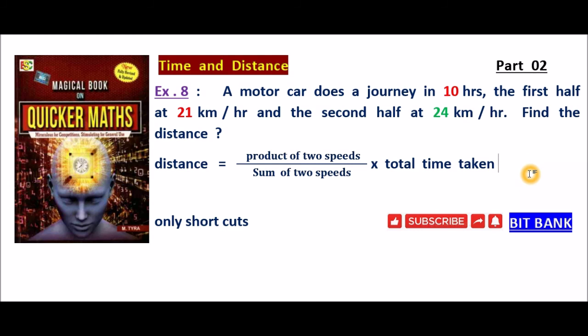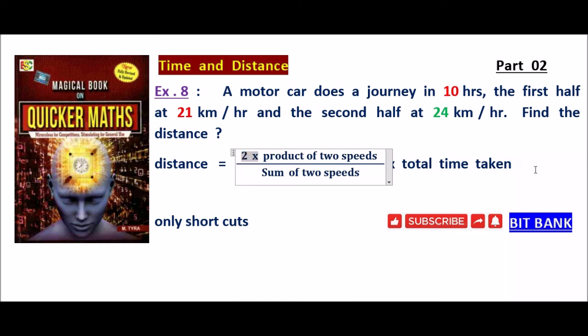Here in this question, first half, second half, there are two parts. To go and come back the same distance is different from covering the first half and second half. That's why I'm multiplying by 2. Got it now? Two halves are there, first and second. So the required distance is equal to 2 into product of two speeds divided by sum of two speeds into total